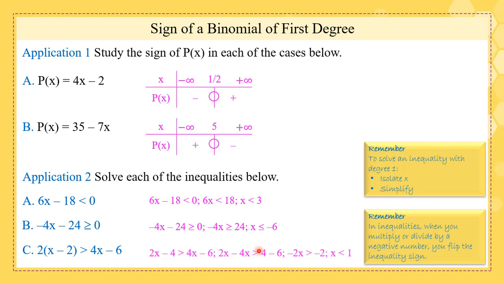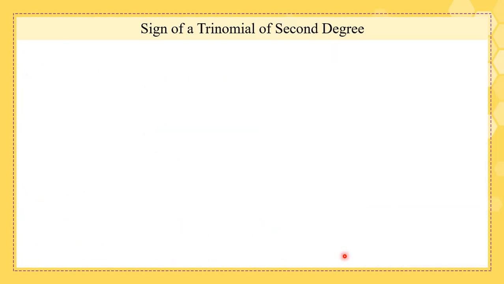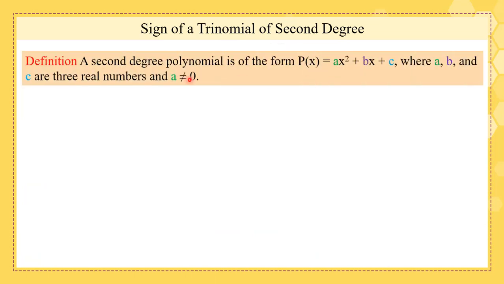So we get x is smaller than 1. Now let's see the sign of a trinomial of second degree. A second degree trinomial is of the form p of x equals ax squared plus bx plus c, where a, b, and c are real numbers and a is never 0. Because again, if a is 0, p of x would be bx plus c, and it will be a binomial